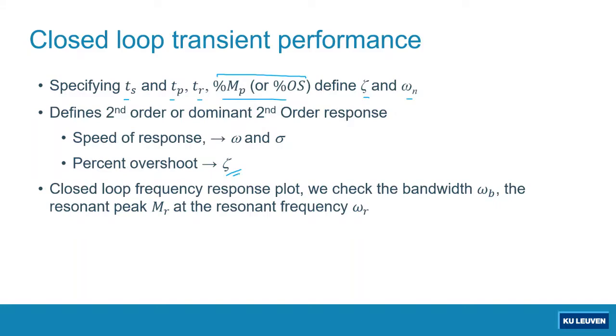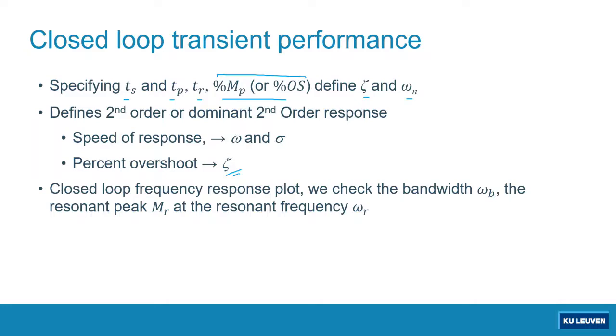You can find the formula that correlates percent overshoot to zeta. In short, percent overshoot is simply a function of zeta, while for the other features, settling time, TS,